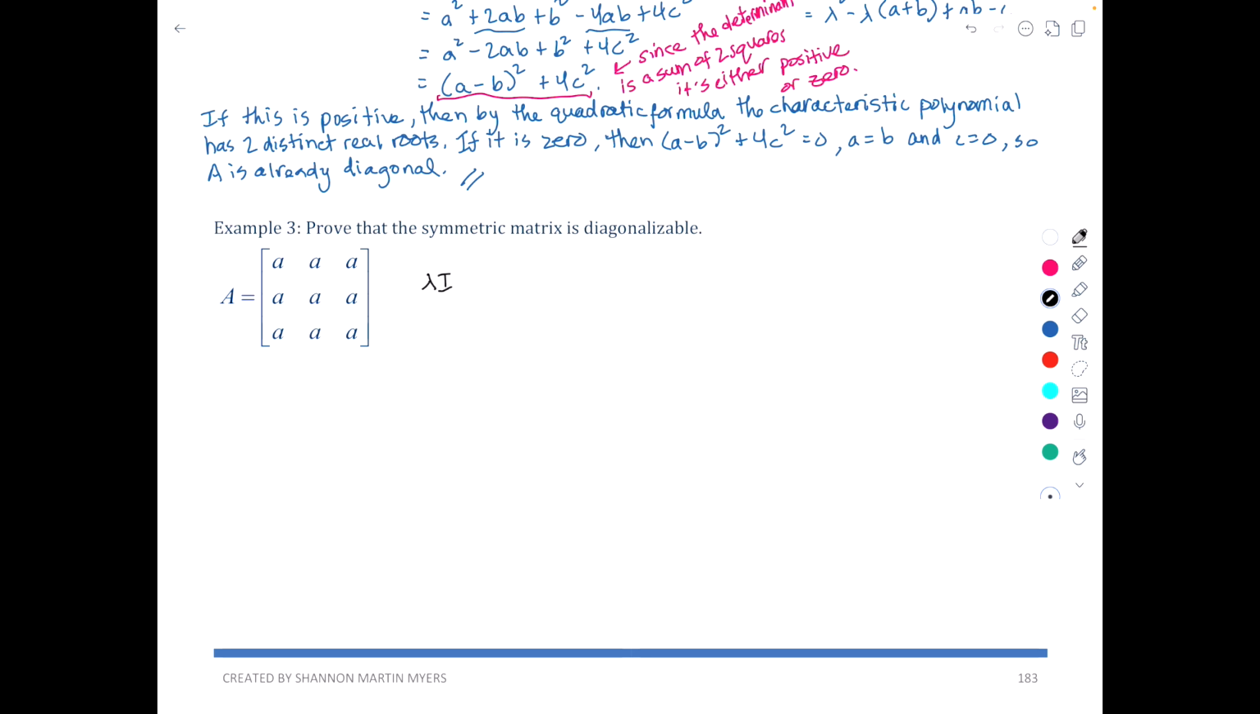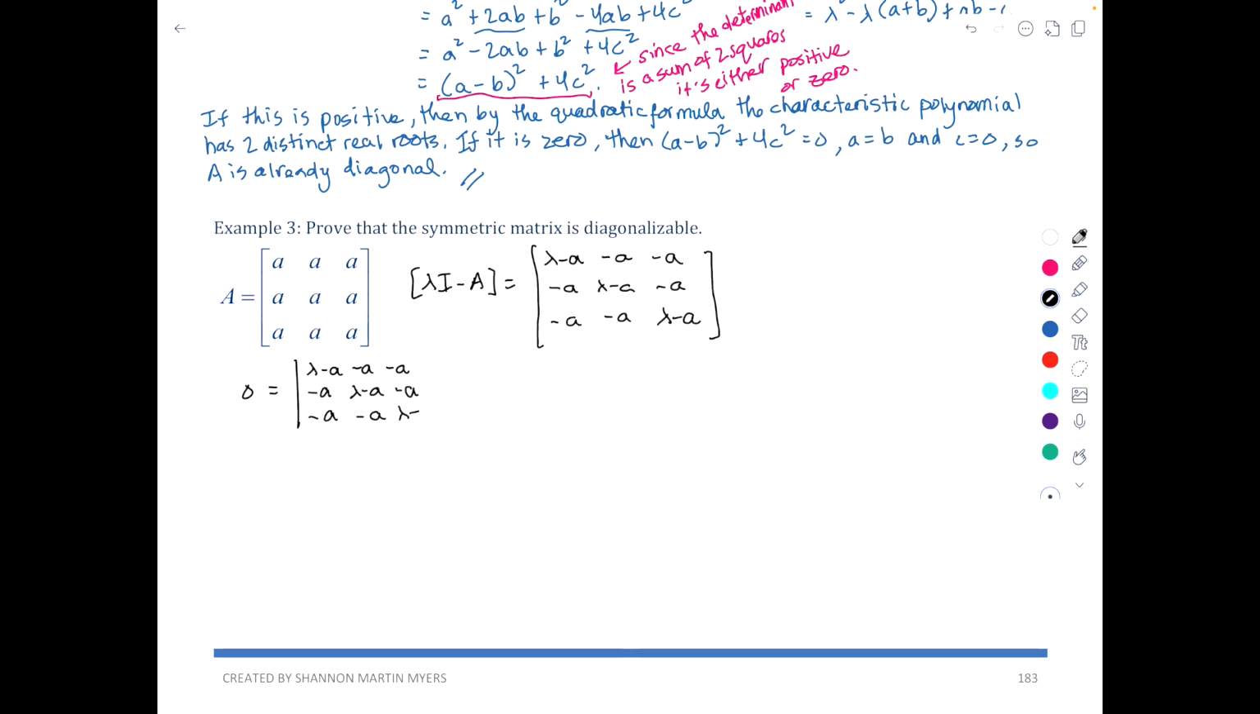So lambda I minus A is going to equal lambda minus A, negative A, negative A, negative A, lambda minus A, negative A, and then negative A, negative A, lambda minus A. And so if I set this equal to 0, this being the determinant of lambda I minus A, I'll get that 0 is equal to, so if I expand across, I'll just expand across the first row. And so I'll get